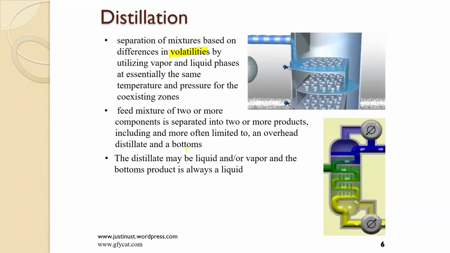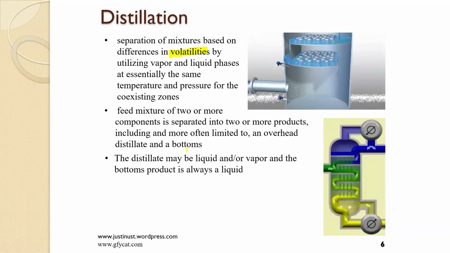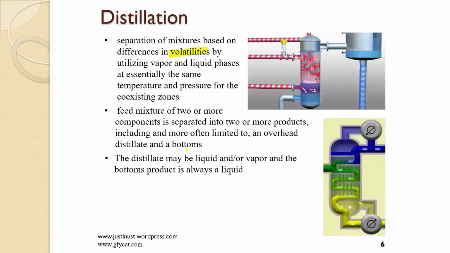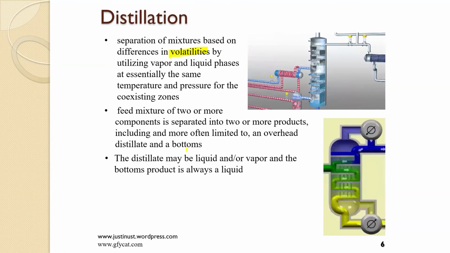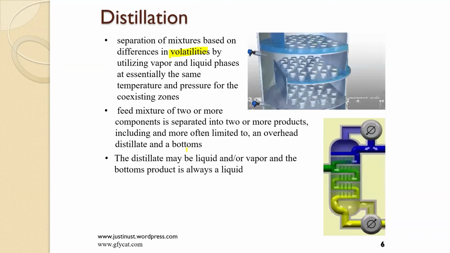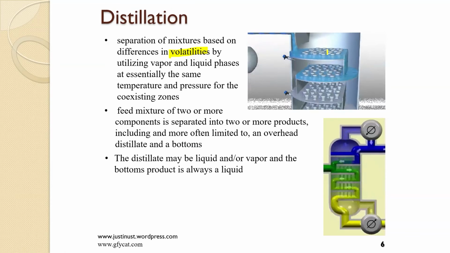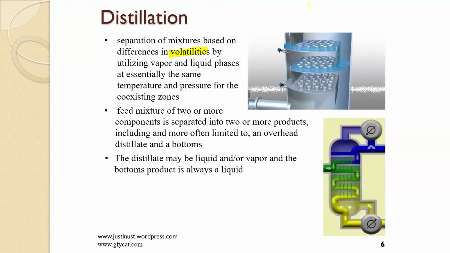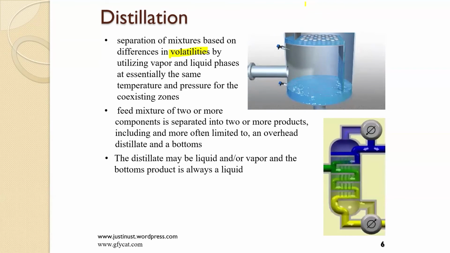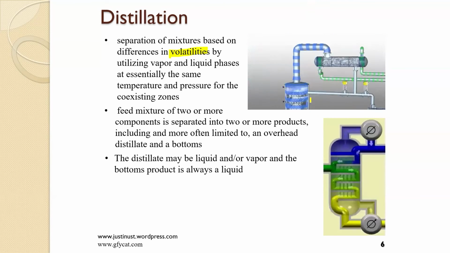So the more volatile portion would, of course, volatilize first. And then the less volatile will remain in liquid form until it reaches the next temperature, and so on and so on and so on. So the lighter of the fluids are the ones that exit at the highest portion. The heaviest of the liquids are the ones that are left at the bottom.